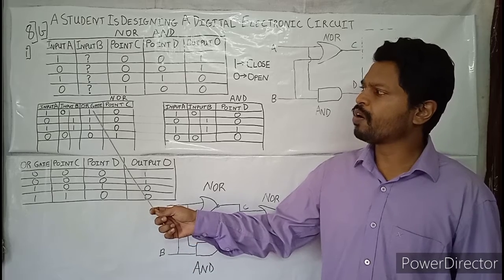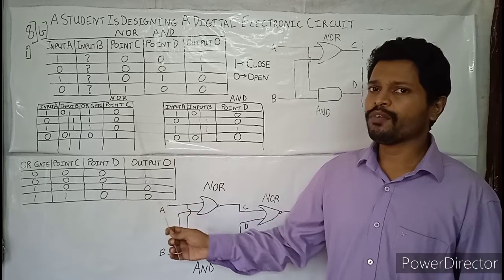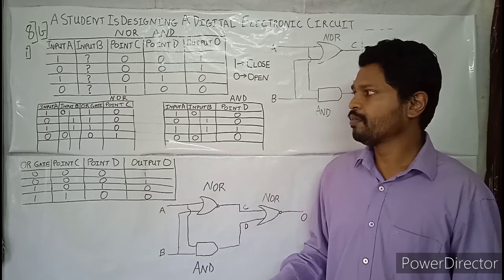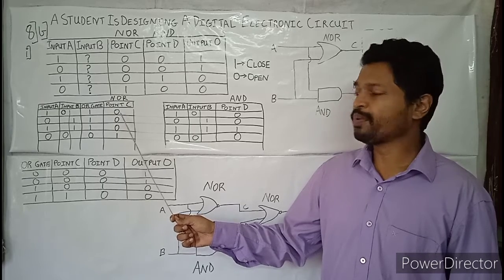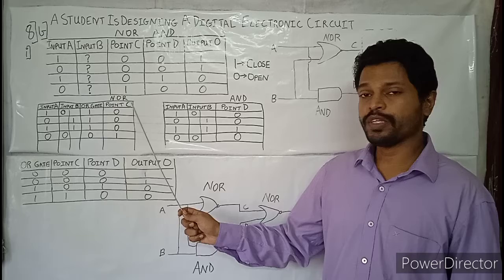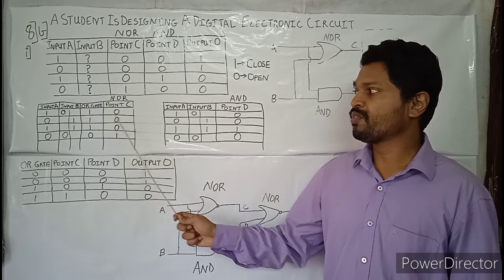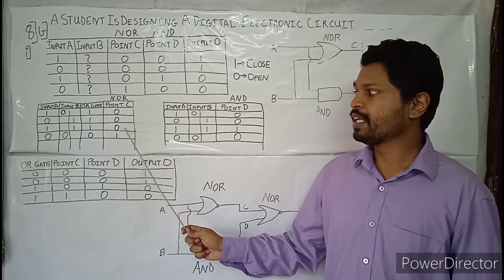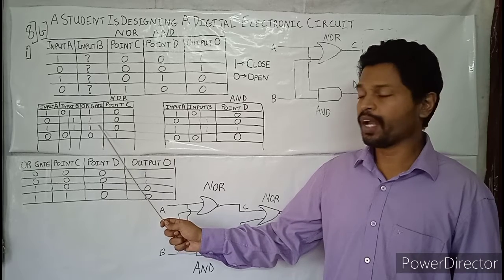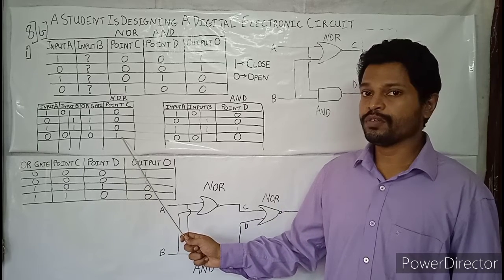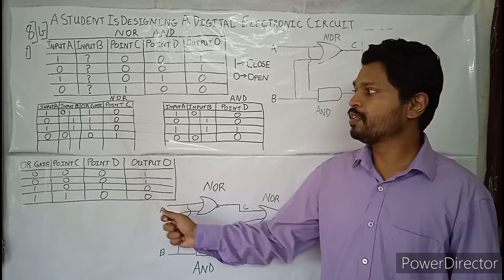Why we have inserted the OR gate column is that the NOR gate will have the opposite values of the OR gate. For example, if it is 0 over here, the NOR gate would be the opposite of that. What is 0's opposite? 1. Again there is a value 0; we have to write over here the opposite of that. Again there is a value 0; the opposite of that we need to write down. Here the value is 1. The opposite of that would be 0. So we have filled these two columns.